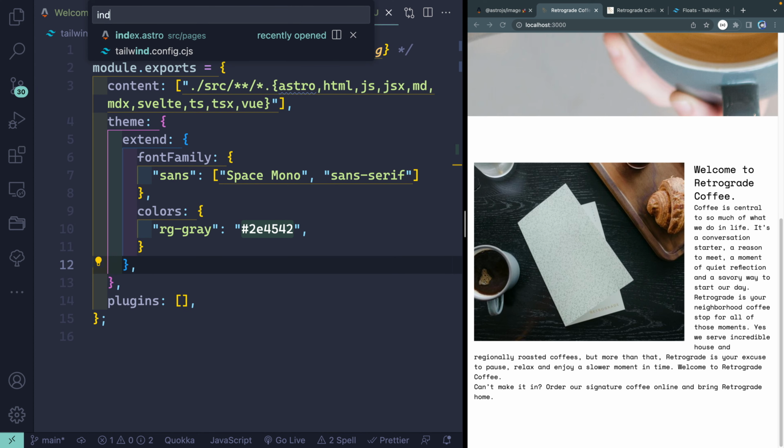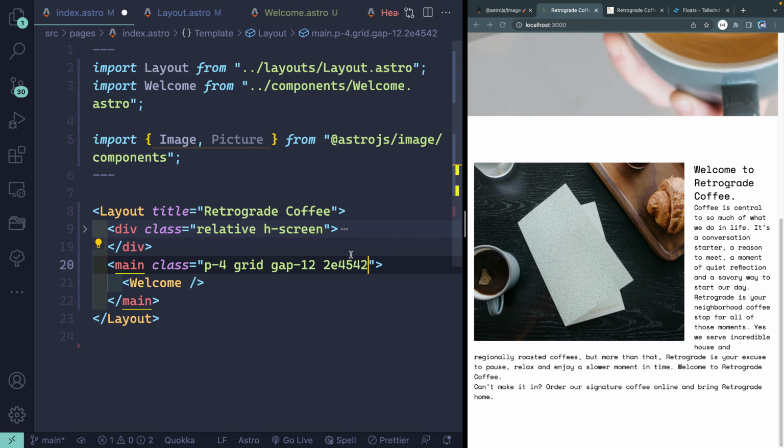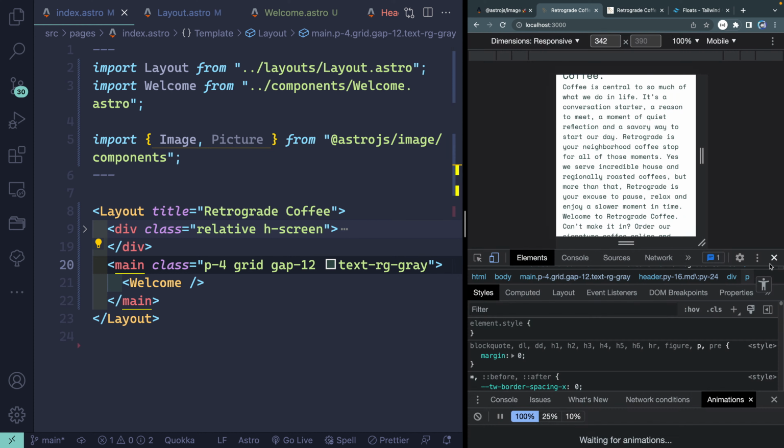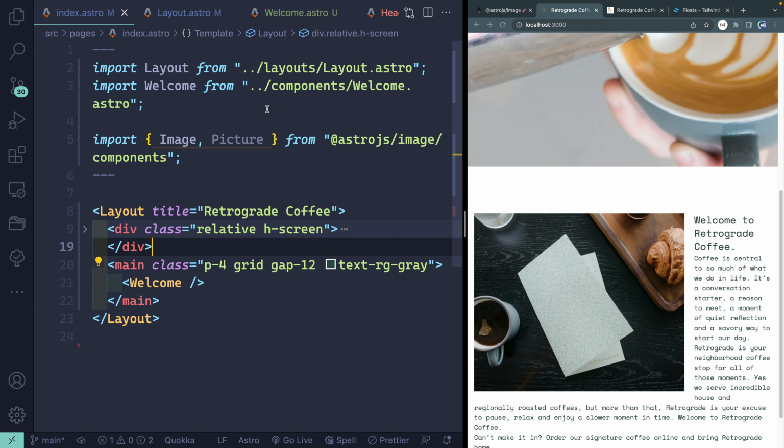Index, let's come over here. Let's just style everything inside here with text. And then what did I call that? Retrograde gray, I think. Yeah, so that updated. There we go. All right, so the only other thing I'll do is probably come inside the welcome component